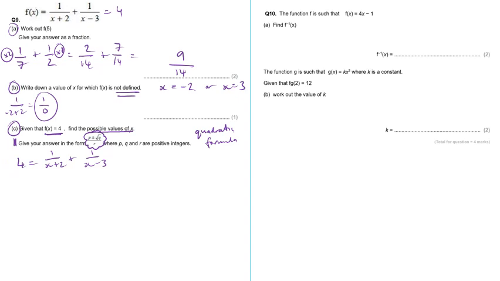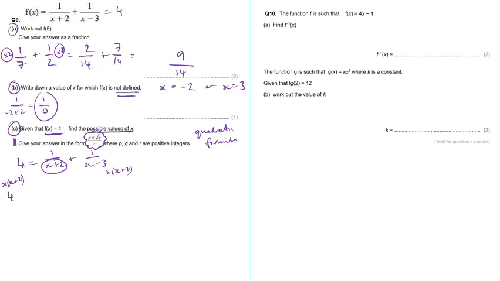So what we need to do here is we're going to multiply both sides by x plus 2, and then we're going to multiply both sides by x minus 3. I'll do this step by step just to make it really clear why. So first of all, if we multiply both sides by x plus 2,